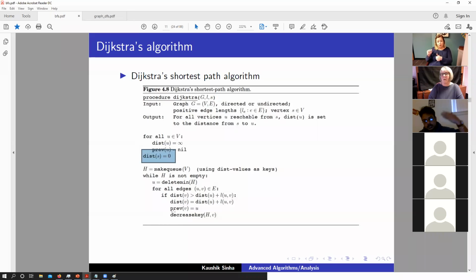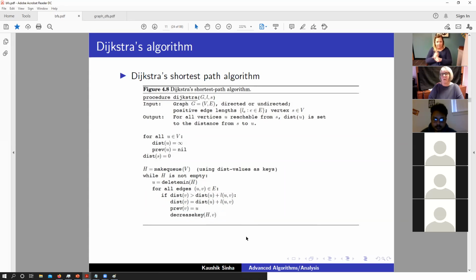And then again, we follow the BFS algorithm for all edges connecting to that particular starting vertex U, for all vertices V. If we find that the distance is more than the parent distance plus the edge weight of U to V, in that particular scenario, we say that we are going to update that particular distance because we found a better estimate, right? And then we update the weight inside the Q. And when we update this particular new distance inside our Q, remember that this vertex needs to be sorted in that order as well, in that Q.